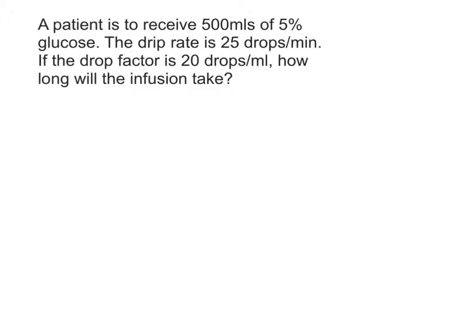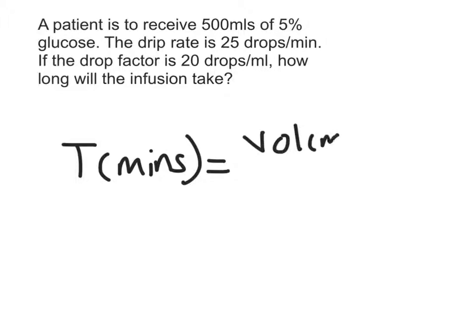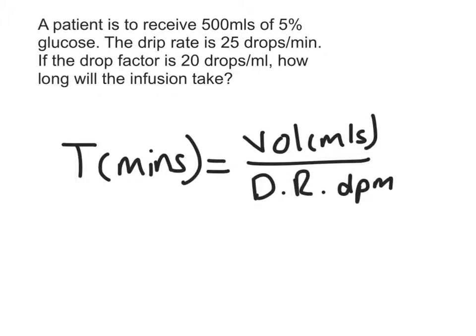We're going to rearrange our VT-DF1 formula, and I'm going to show you how to set it up to calculate time. So, time in minutes equals volume in mls over drip rate in drops per minute, multiplied by our drop factor over 1. Again, structurally very similar to the drip rate calculation and also to the NHS1 formula that we use for basic